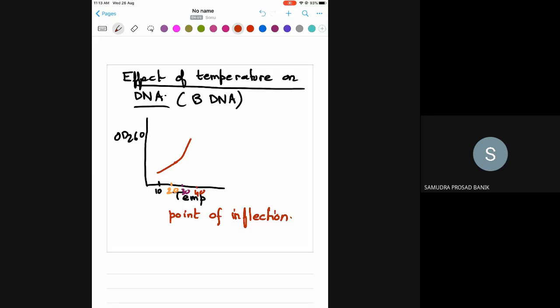So why does this point of inflection take place? Because you have half of the DNA denatured, and suddenly the OD starts rising all the more abruptly because, as you correctly pointed out, as the strands unwind, more and more bases are exposed to the radiation. At a certain point it is half open, so the absorbance increases all of a sudden. So how much does it increase at this point? It increases by about